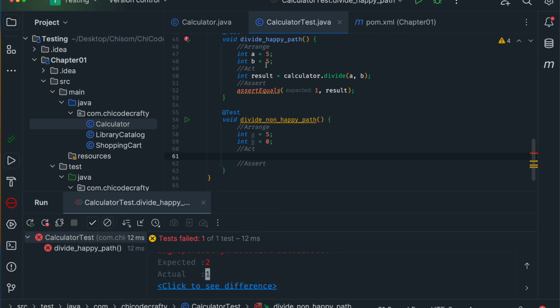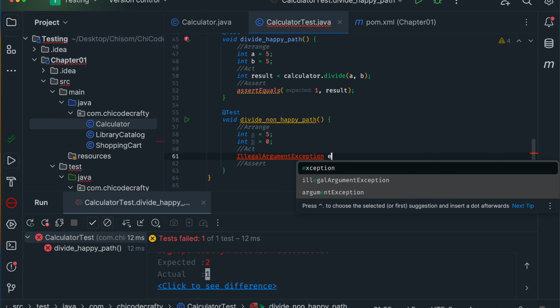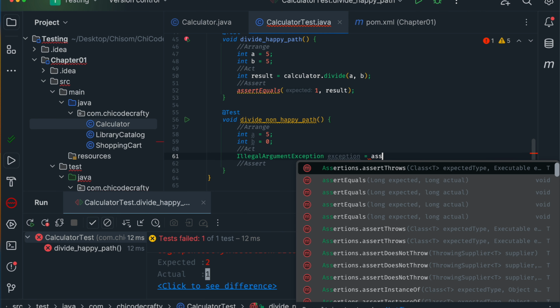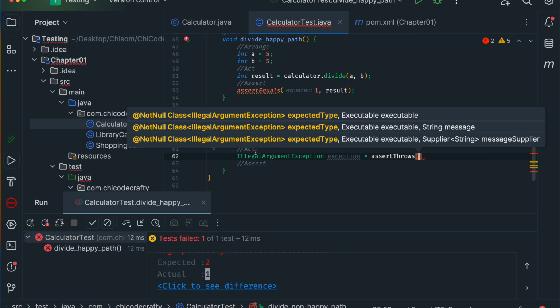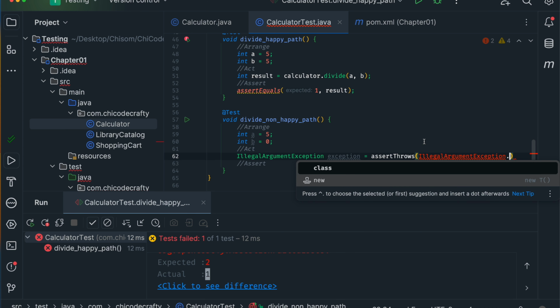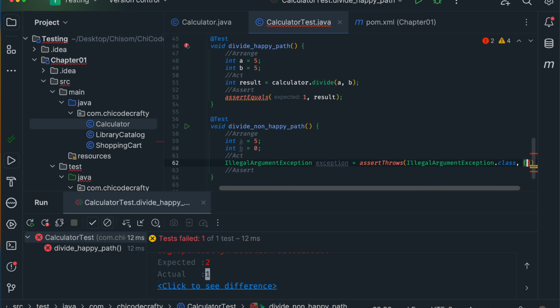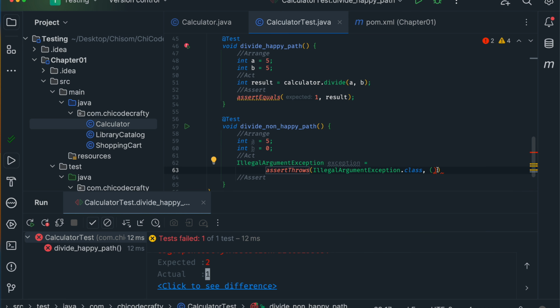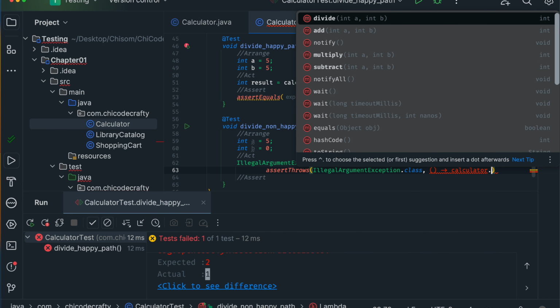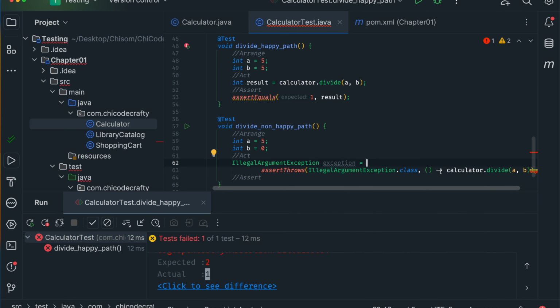So here we're going to do things differently. Here we're throwing an exception, so we are expecting this exception right here. So we can assert throws that we are expecting this exception class. We're expecting that exception class when we call calculator dot divide A and B. Okay,